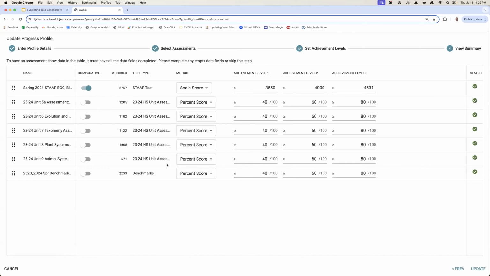So I have all these assessments put in. I've gone in and made these settings here for the scores that I've chosen to start with. And start with, I think, is a good kind of philosophy there, because once you start seeing the data and start looking at it, you might want to come back and make some changes to find the best place that does what you think it's going to do. Once again, the whole purpose behind giving an assessment in general is so that we can draw conclusions that are valid. Well, you can obviously manipulate the numbers to make it look however you want it to look,